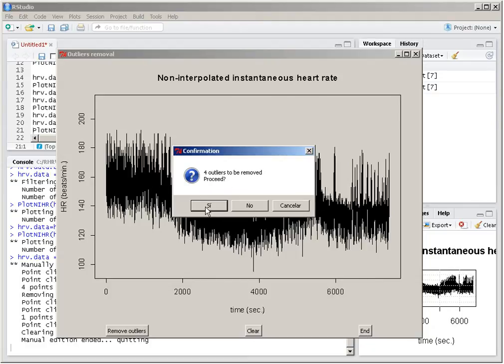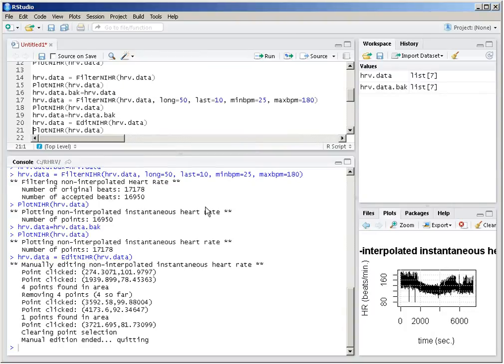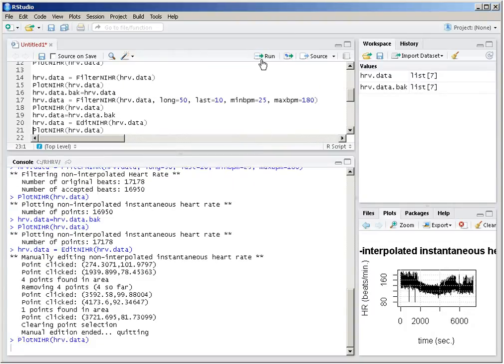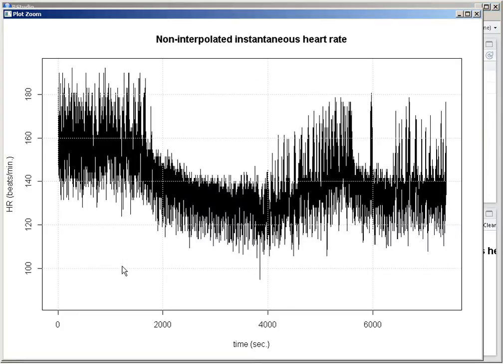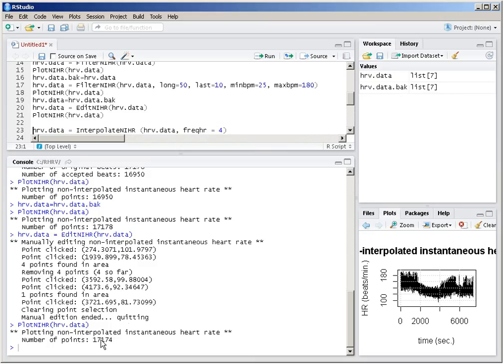If I plot again the non-interpolated heart rate, I can see how indeed they have disappeared. Right now I have an RR series which is outlier free. If I'm only going to perform a time domain analysis, I'm set. But if I want to perform frequency domain analysis, I need to obtain an equally spaced time series from the